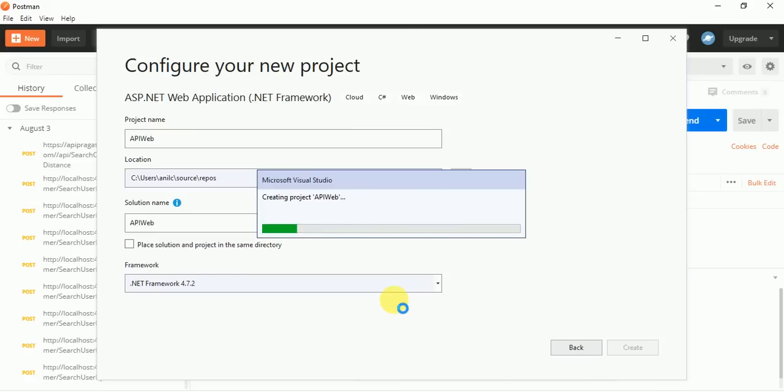Even if you want, you can also use a MySQL database if you think the SQL database license is very costly. Later on I will also create a video in which you can connect your web API with a MySQL database.